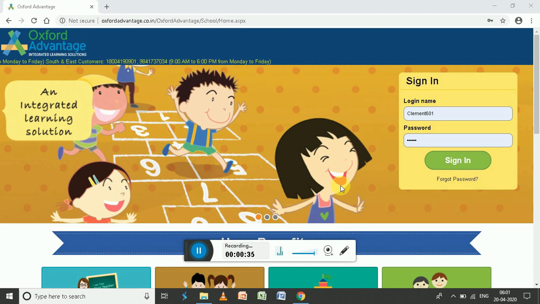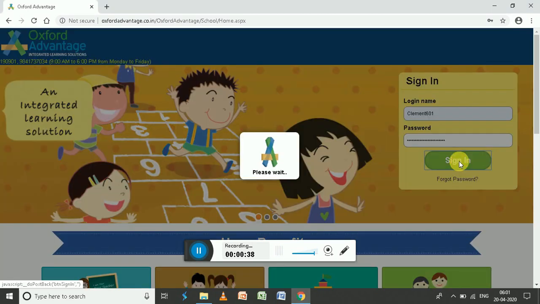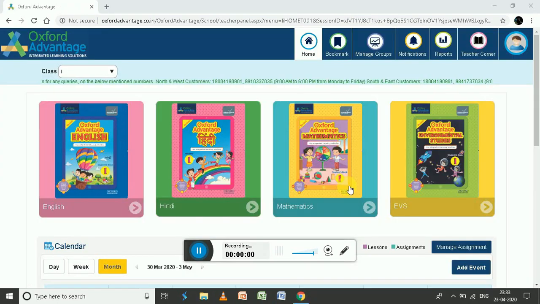So before going ahead, let me simply log in and sign in so that we can start the video. Now, after the successful login, you would be able to see something like this come up. The first thing is that on the left hand side top, you have to select the class.